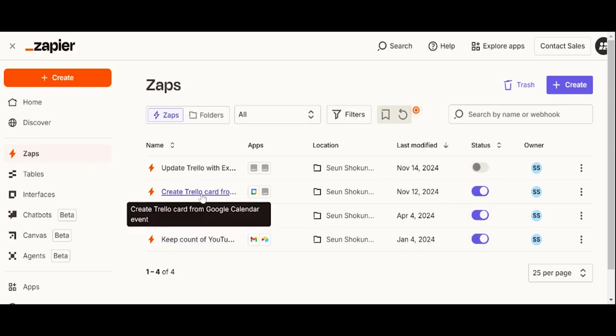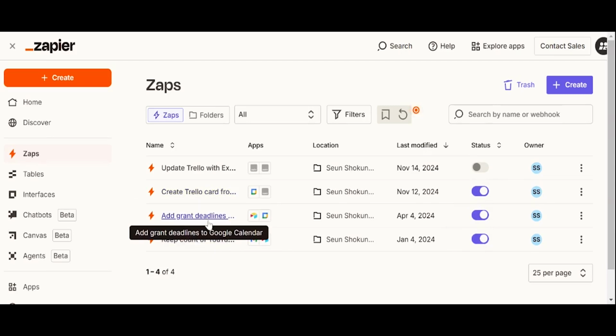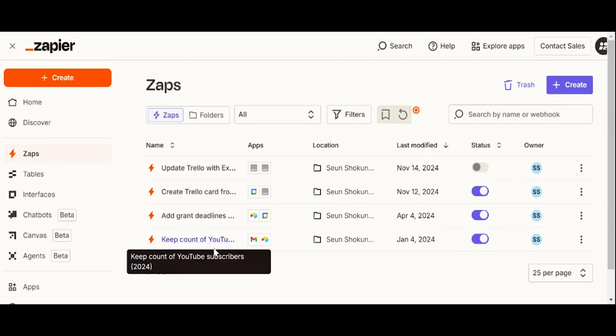And again, it's to create the card from Google Calendar event, grant deadlines to Google Calendar, and I don't know how this works, to be honest with you, but I wanted to keep track of how my YouTube subscribers list